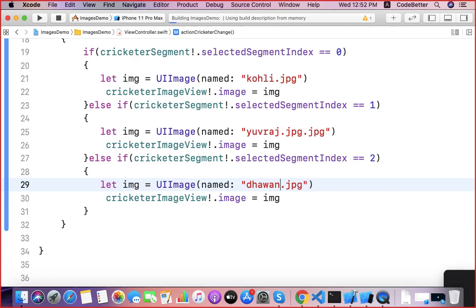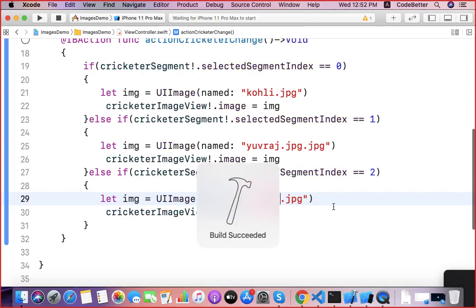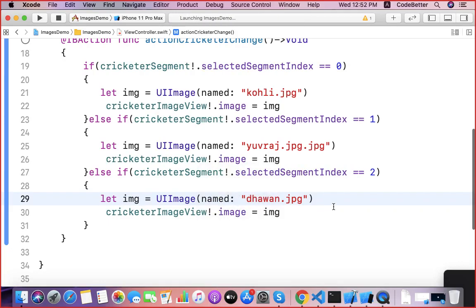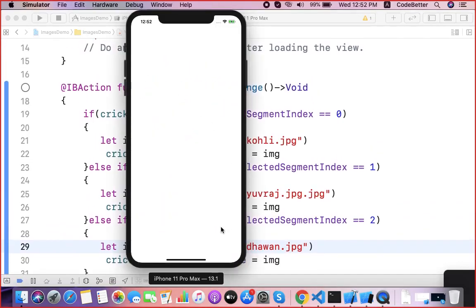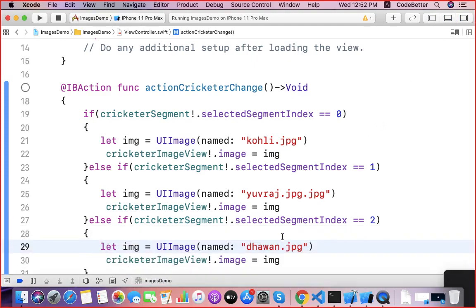So this way we can attach the images, using else if conditions.